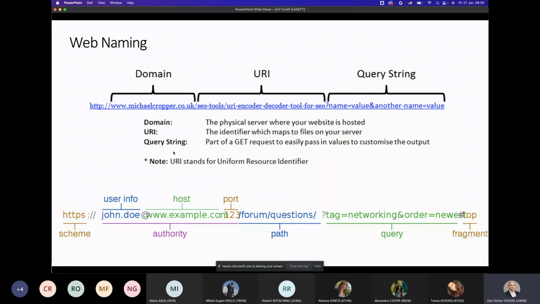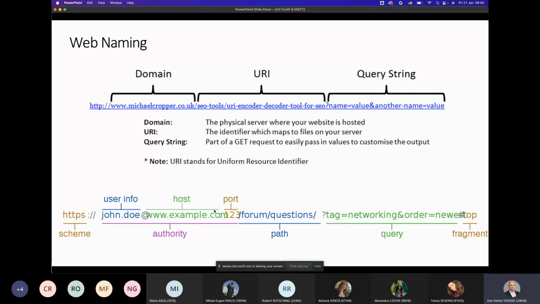Okay, for example, and I'm sorry for the bad compression here, this could be a web naming scheme. For example, you could use HTTPS. This is a secured HTTP transfer method, and then you have some user info, and then you have the domain name.